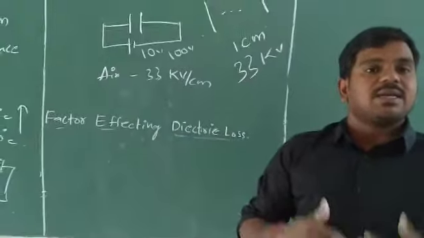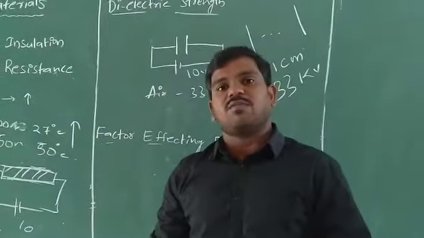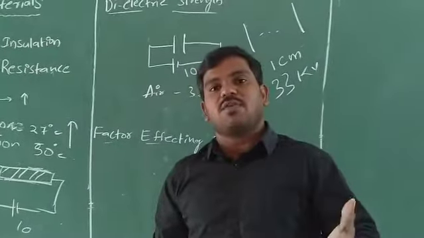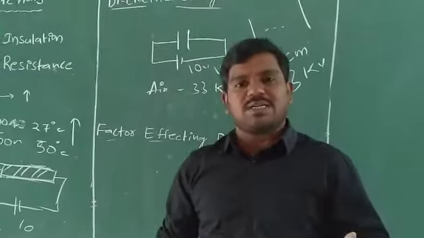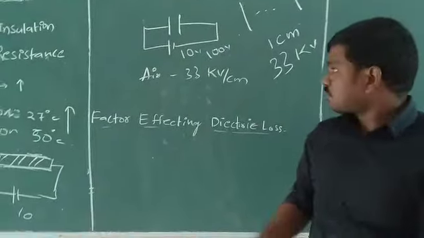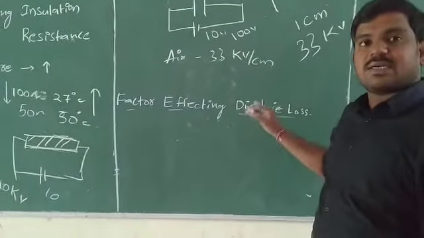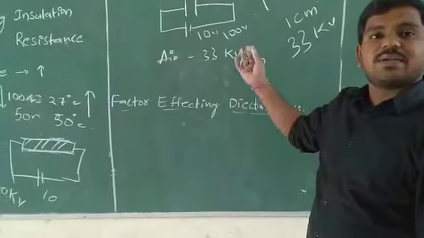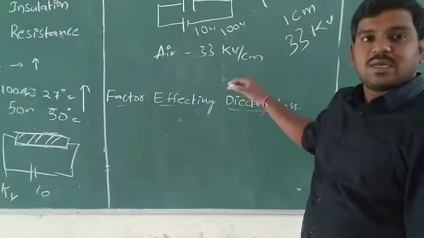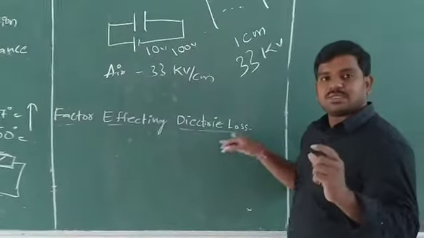In a similar way, the dielectric strength changes with the material. It is some value for wood, some other value for iron, some other value for glass, everything. It depends on the particular material. And next thing is dielectric loss. What is dielectric loss? Whenever the dielectric material starts conducting, it gets dielectric loss. The amount of loss it is getting is known as dielectric loss.